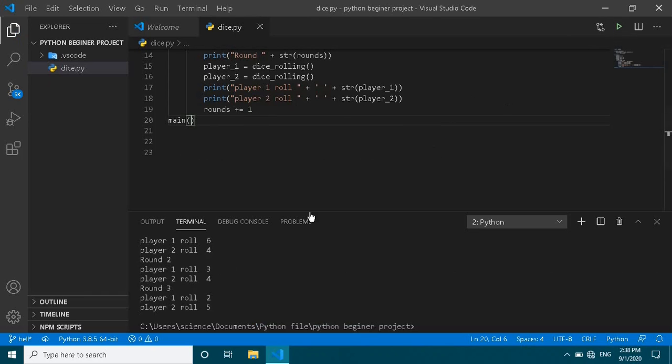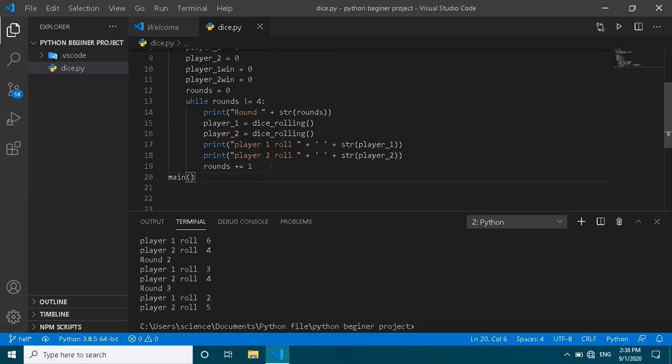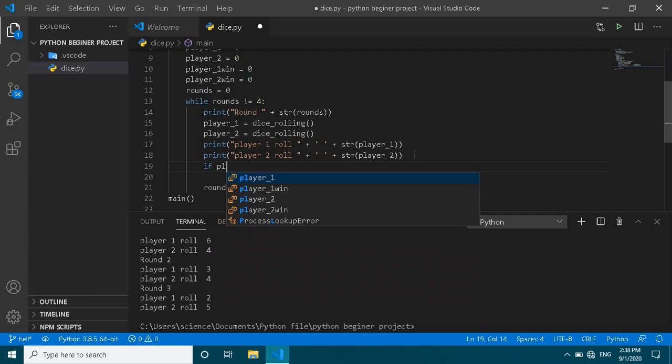So okay, you can see round 3. Okay, it is perfectly working now. If player 1 is greater than player 2, then print player 1 is win. Okay, and I want to increase the player 1